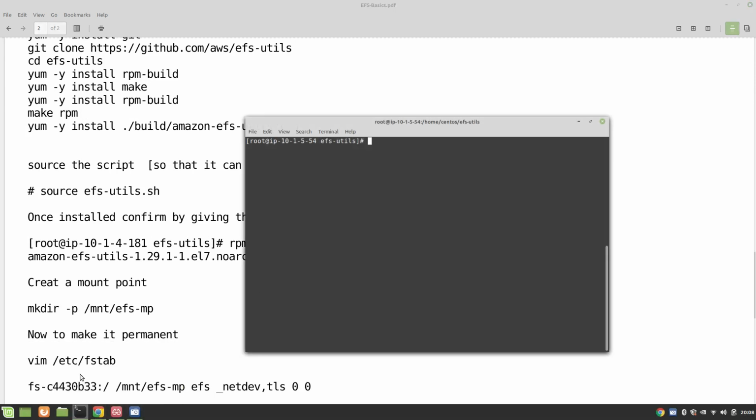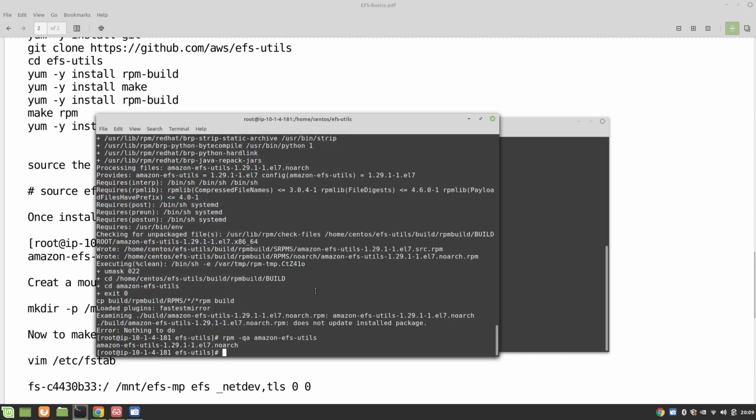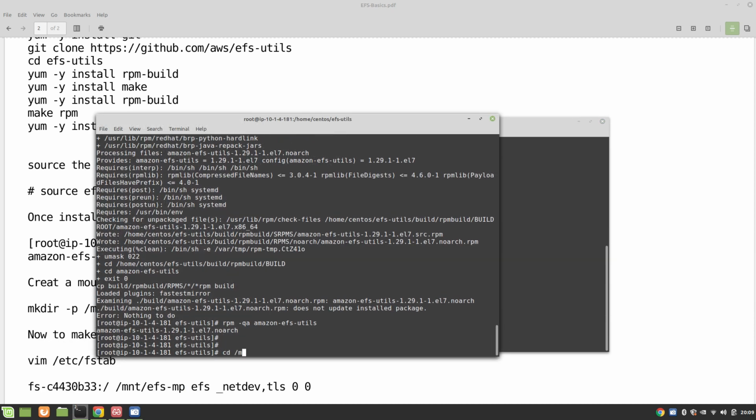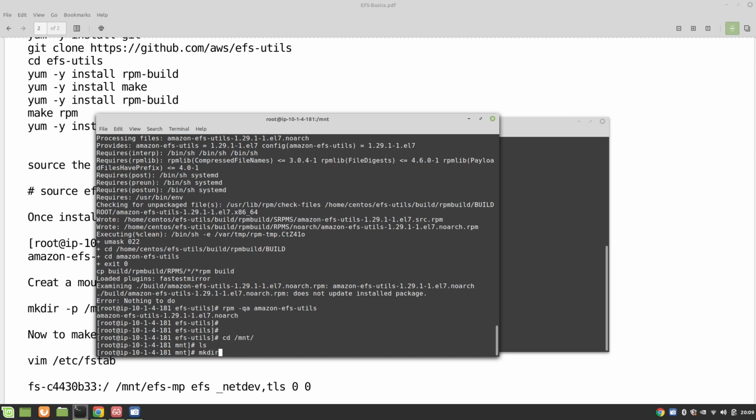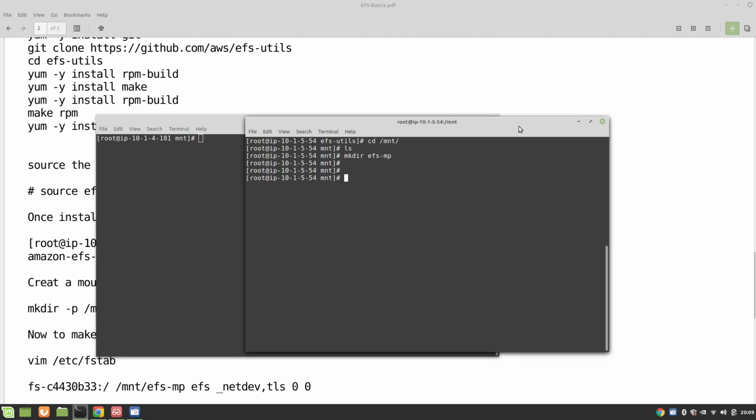Okay, so let's create our mount point, and for that we are going to go into /mnt and make a directory, let's call it efs-mp. Okay, and we are going to do it on both machines. Okay, now what we need to do is